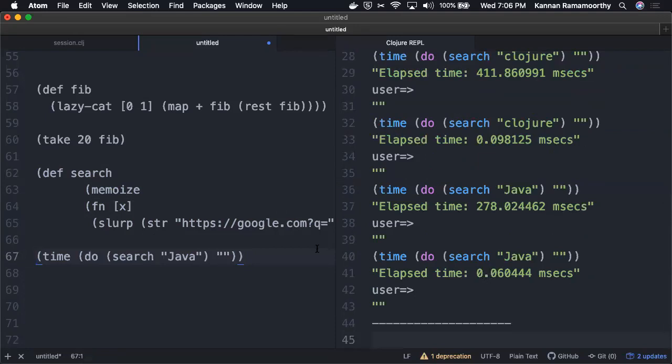So with just one word, memoize is a reusable caching implementation which you can use very easily. The example we used here is not a recommended usage of memoization, because this function search doesn't have the property called referential transparency, because search results from Google are not assured to stay the same for every search that you do. So this is just for showcase purposes, and you're not recommended to use memoize for functions like this.